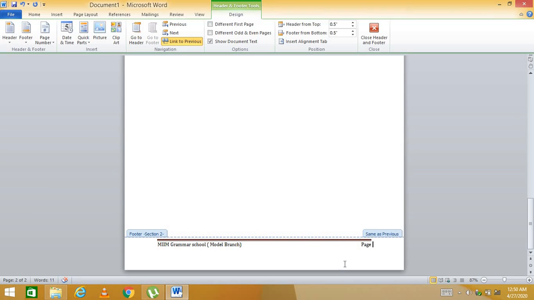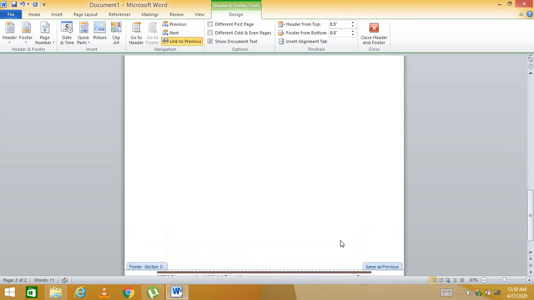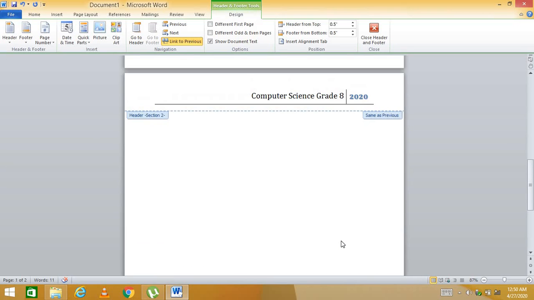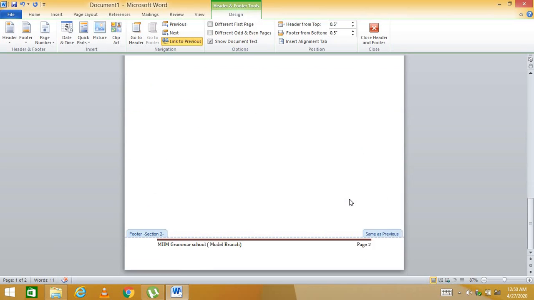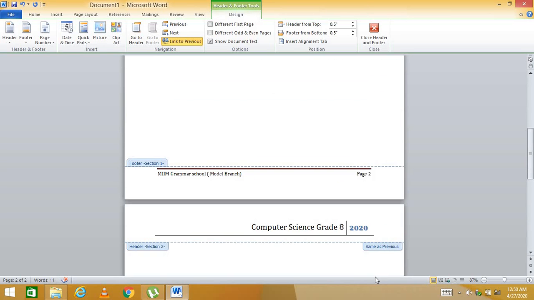Okay, let's just keep it a 2, because normally it happens that in a document they will not change the page number. Sometimes it happens, but if you do not want to change, then there must be a page 2. Okay, so let's discuss what happens when you have inserted the section break.